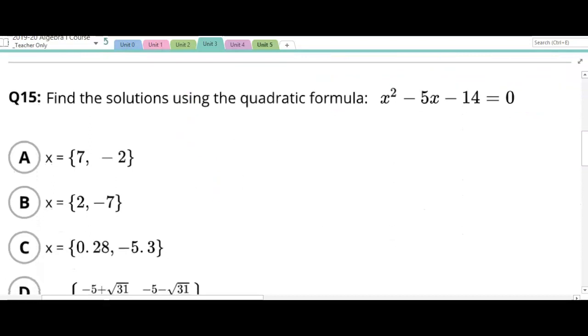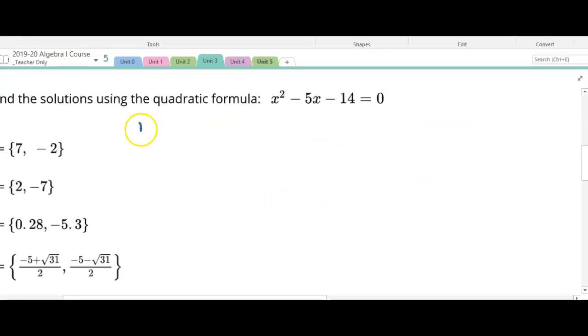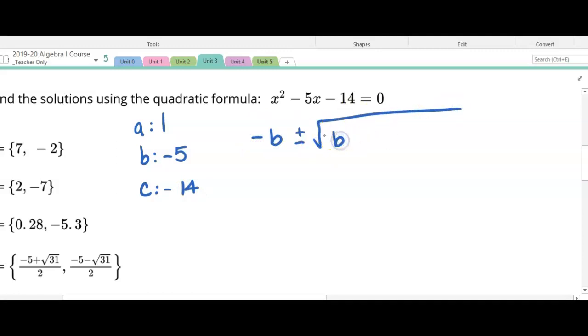Now they would like us to solve with the quadratic formula. Solving this quadratic, we need to state what a equals, b equals, and c equals. A is the coefficient of x squared, which is 1. B is the coefficient of the x term, and c is the constant. And my formula: -b plus or minus the square root of b squared minus 4 times a times c